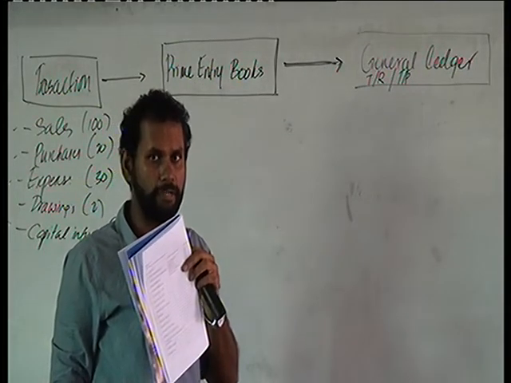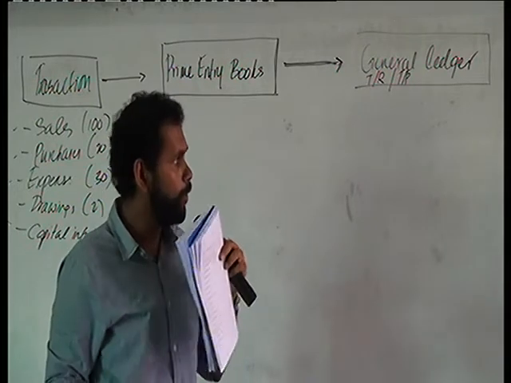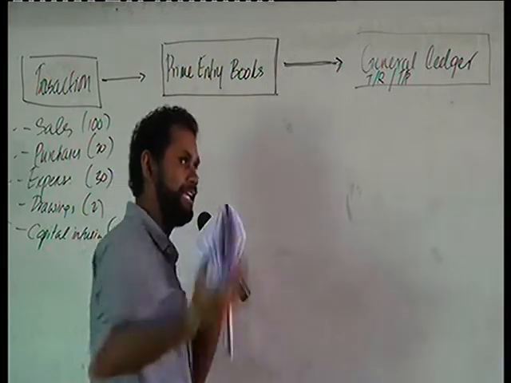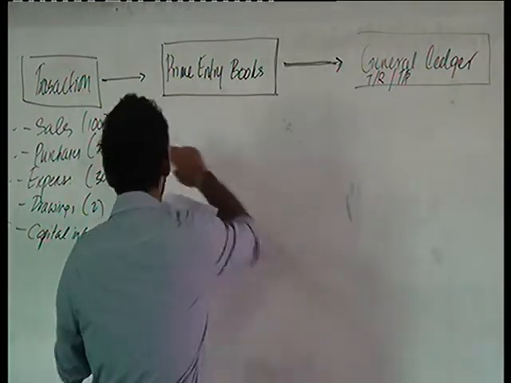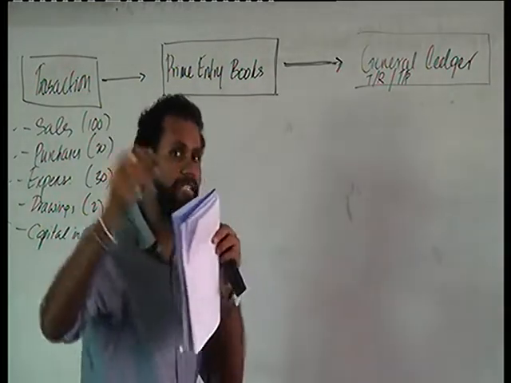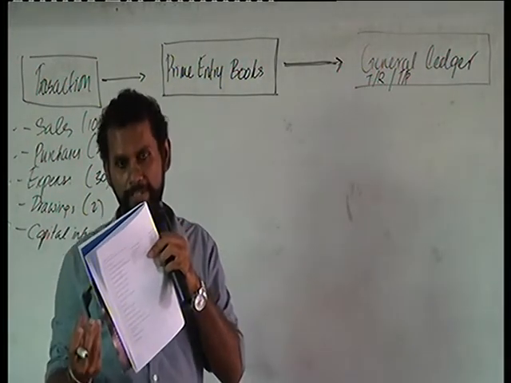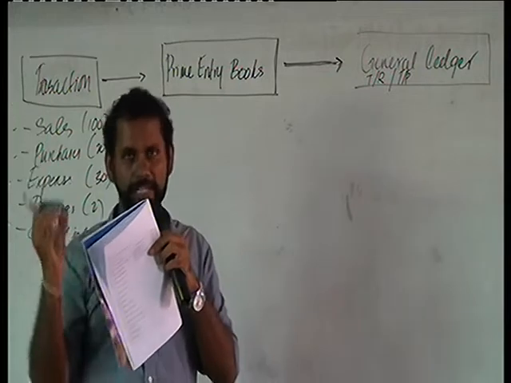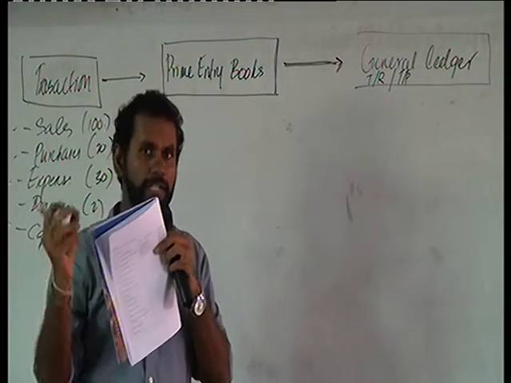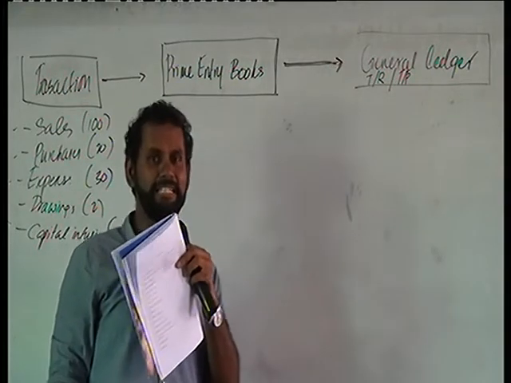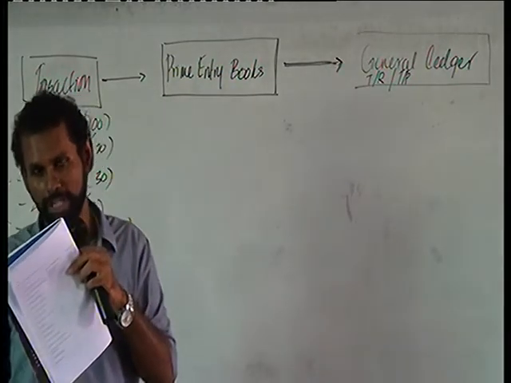Now the question will come to your mind as to why we do it. Why do we include another layer? Instead, can't we record all the transactions directly in the general ledger as we discussed in the previous example? We know the double entry. We know if there is a debit, there should be a credit. We know how the double entry has to work. So why can't we do it? Practically, it is very difficult to do those double entries.